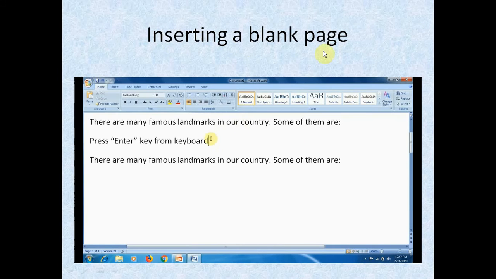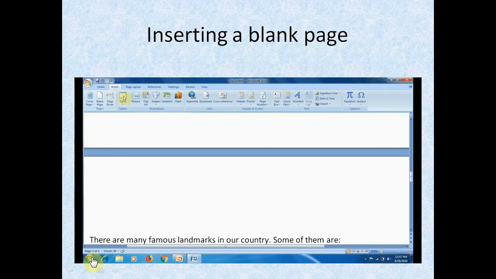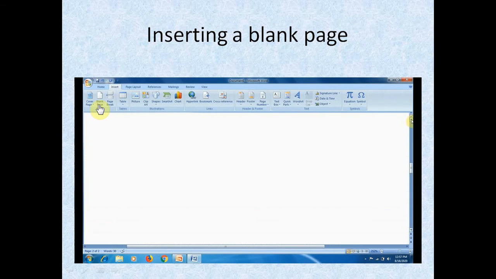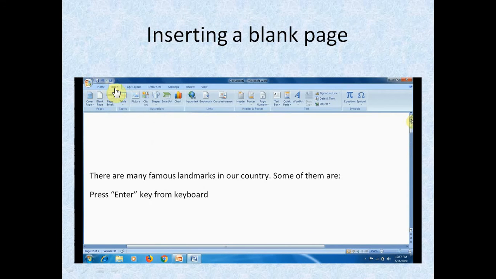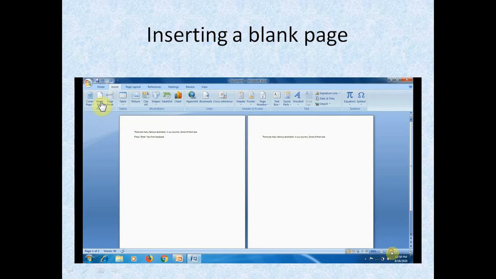Next is inserting a blank page. How to insert a blank page? As you can see here, I have only one page, and now it has converted into two pages. How? Go to Insert and Page Break. We were in the Home tab, then we go to the Insert tab and click on Blank Page.